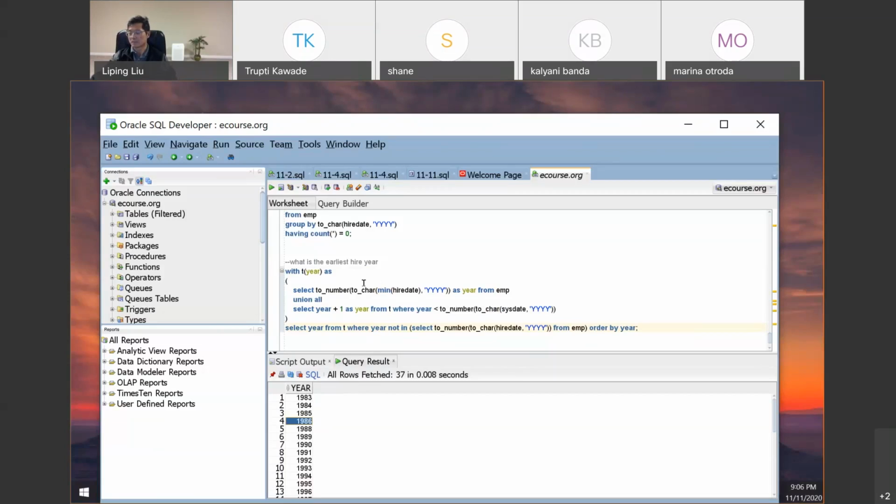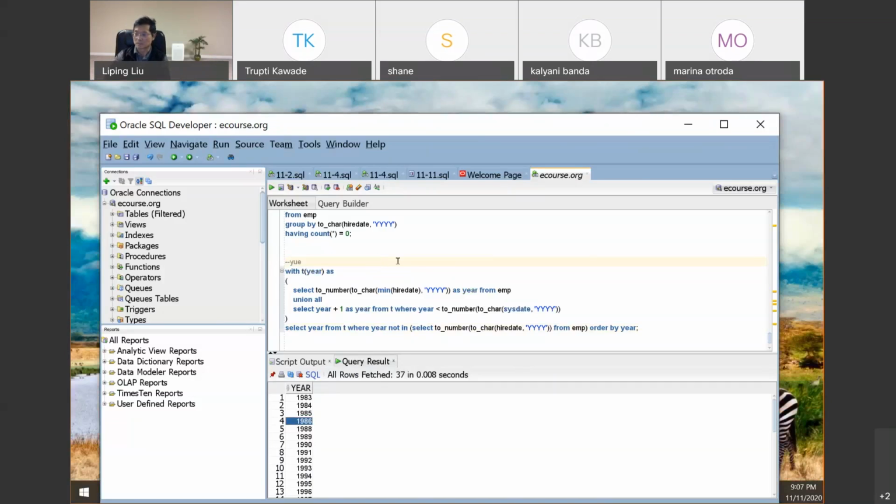For example, you may have years in between that are missing. Let's say you have employees hired in 1980, and then in 81 you do not have employees, and then the latest like 85, and I just want to list the years in between those. If that is the case, then this query can be changed a little bit. So let's change this one. This is years up to